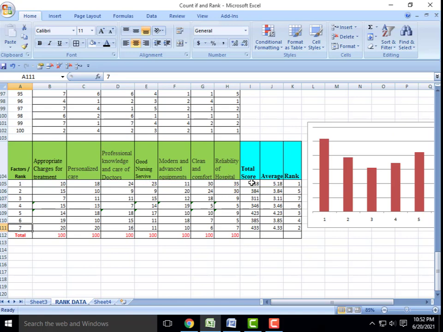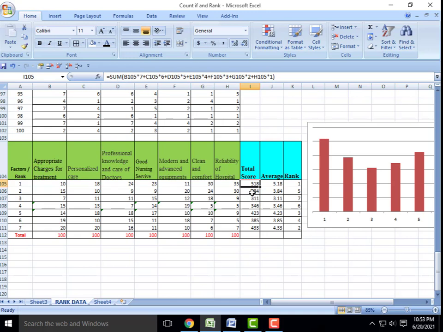The formula for total score is equal to sum: B105 times 7 plus C105 times 6 plus D105 times 5, likewise up to 1. So this is the formula for total score.